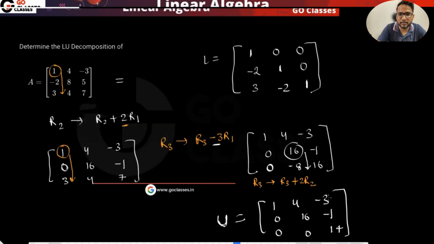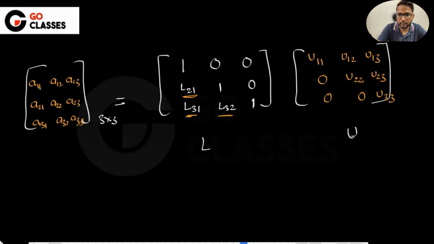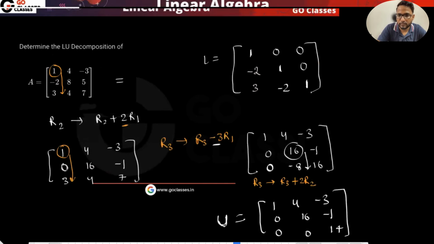Let me just check the answer if I have the answers. No, something is wrong. 1 minus 2. R2 divided by 2. Why? Okay, this last is wrong. Sorry. This should be R2 divided by 2. So this is 0. And then if you do R2 divided by 2, it will be 16 minus 1,